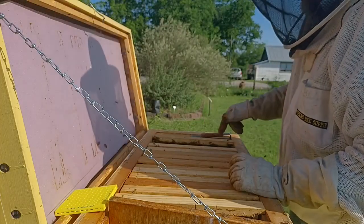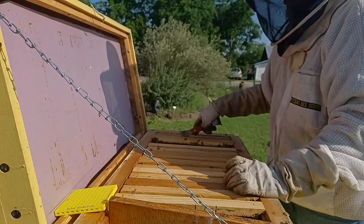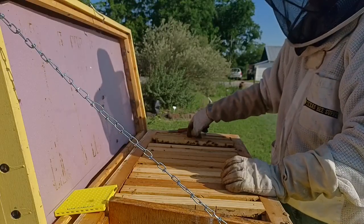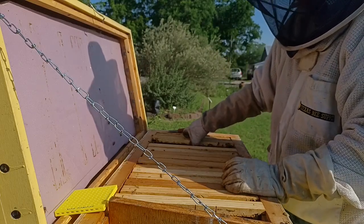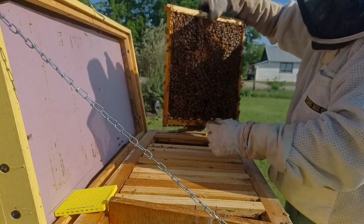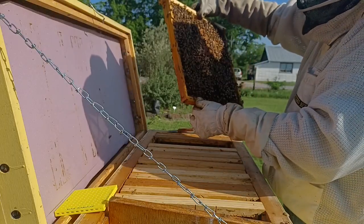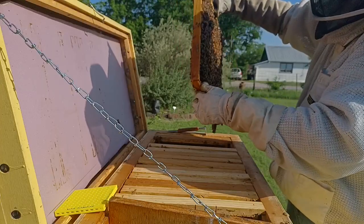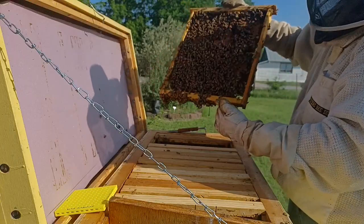That's 2 strong frames of brood in various stages. Now we're going to look at frame 3. And I like the temperament. By now, there should have been enough generations of bees from the queen that I brought in that if they were going to be aggressive, they would be by now. All right, so this is just about a full frame of capped brood on both sides. So very soon,